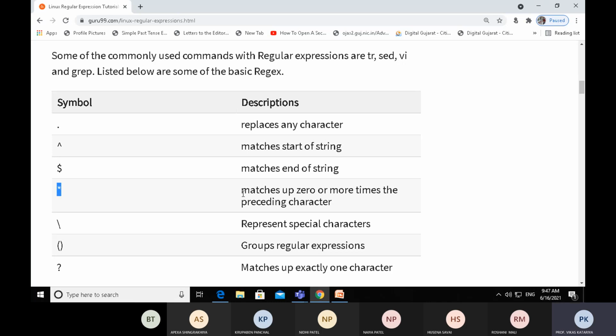Star or asterisk matches 0 or more times the preceding character. If a character occurs 0 times, that means not a single time in our file, or more than one time, we can find it by putting the star in the regular expression.